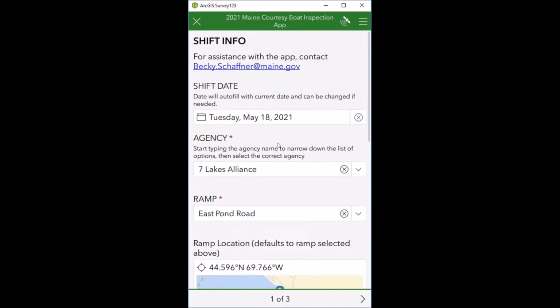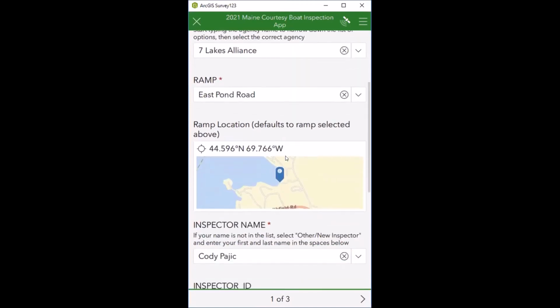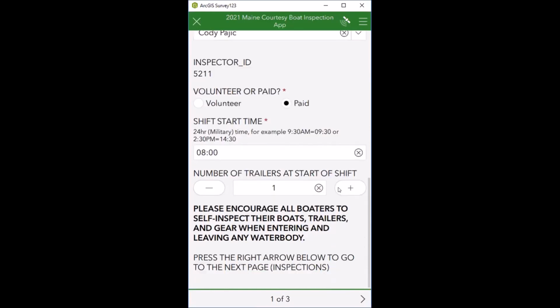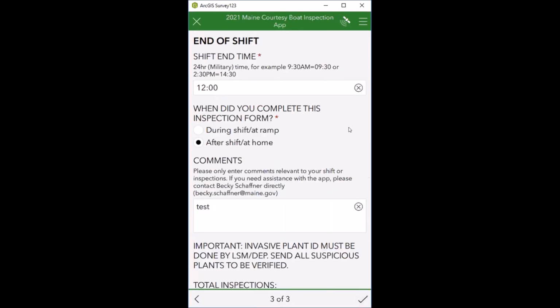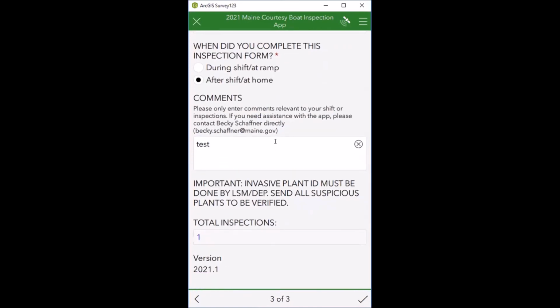One thing I forgot to mention, it's probably obvious, but anything marked with the red asterisk is a required field, and you have to select something for it. If you don't, when you try to submit, you will not be able to, and you'll be brought back to that question and need to answer it before you go on. Okay, so